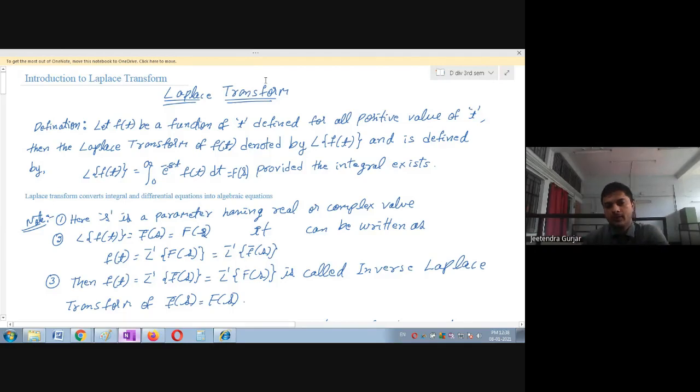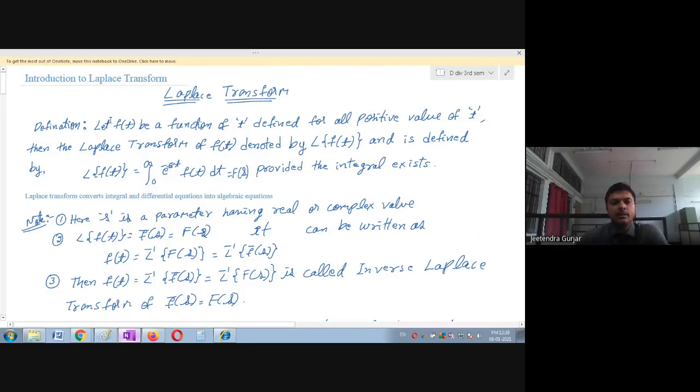What is the definition of Laplace transform, students? Very important for engineers, especially. We can see more applications. We can see how the graphs are drawn. Yes, students, by using this transformation, we can see differentiation and integration very easily. We can understand this in Laplace transform. Just go through the definition first.